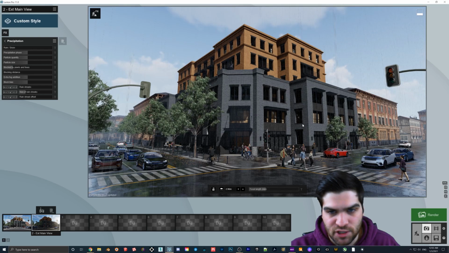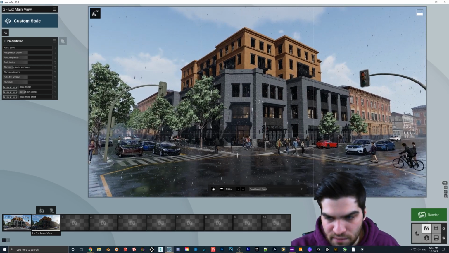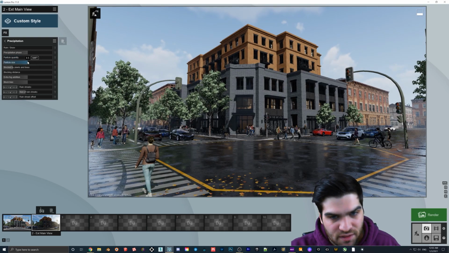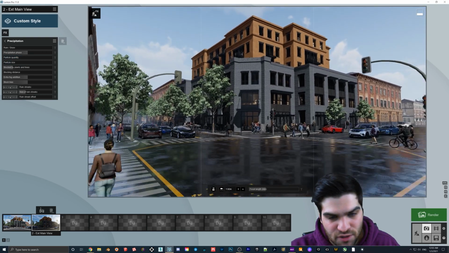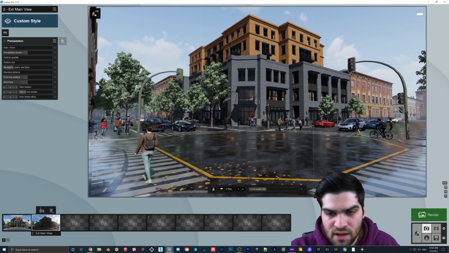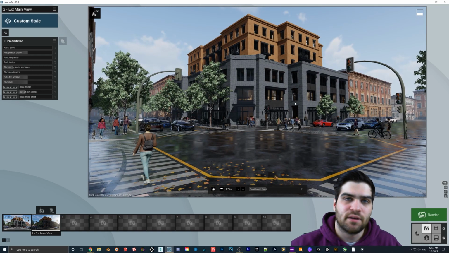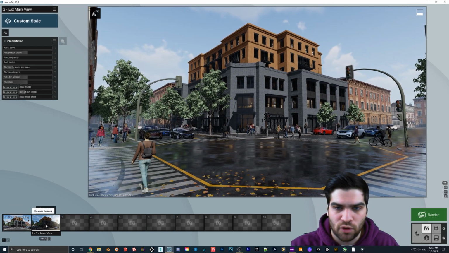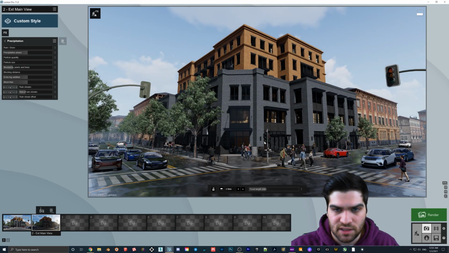And then precipitation. This one can actually have some really cool effects, because you can turn the particle size and the quantity down, and then having wet grounds in Lumion looks way better than having just asphalt, in my opinion. It doesn't work for every scene, but if we just go back to the exterior view here,